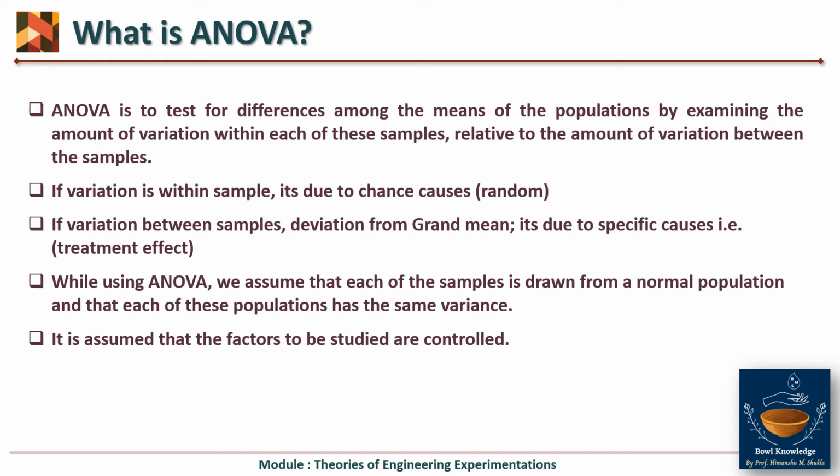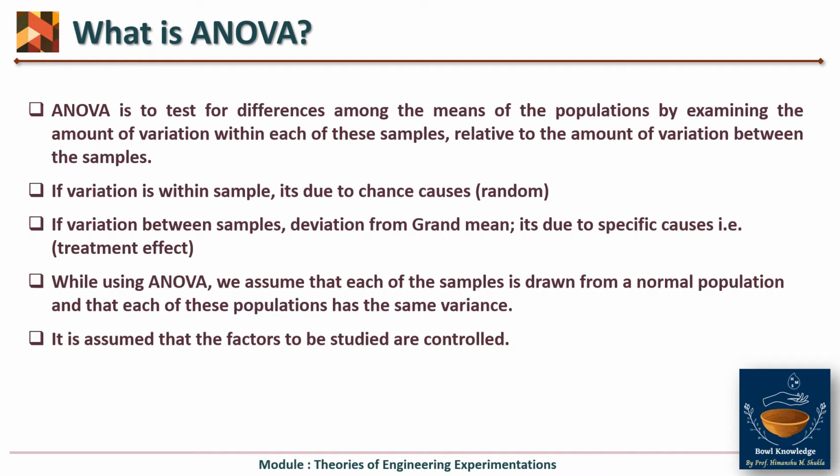But if the variation is between samples, then they are deviating from the grand mean. Now what is grand mean? It is a new term. It is called the average of averages. What is average? If you have 10 pieces in one sample, the sum of those 10 readings divided by 10 is your average, that is called the mean. And such 4 means will be of your 4 samples. And then the mean of these four means is called the grand mean. So it is called the average of averages. So this variation which is between sample,